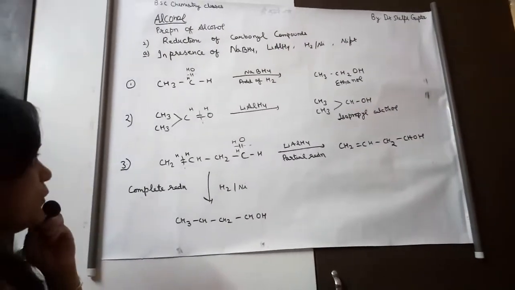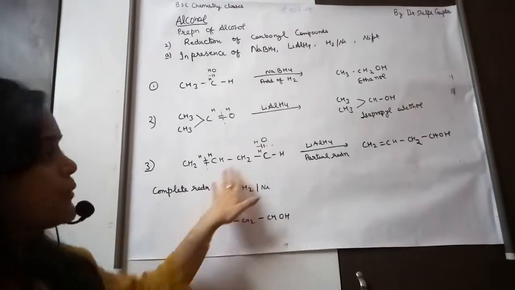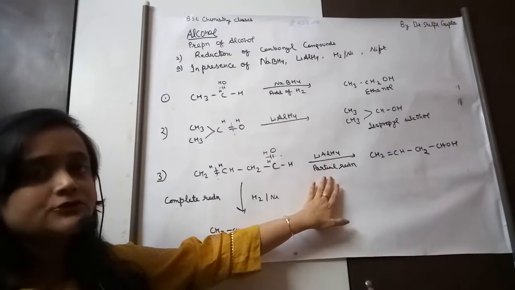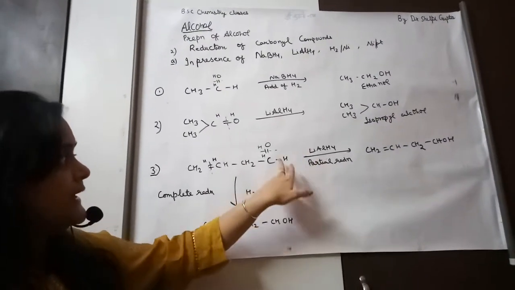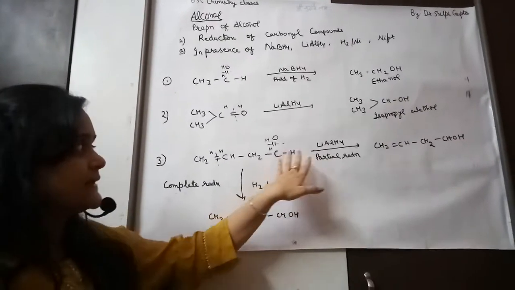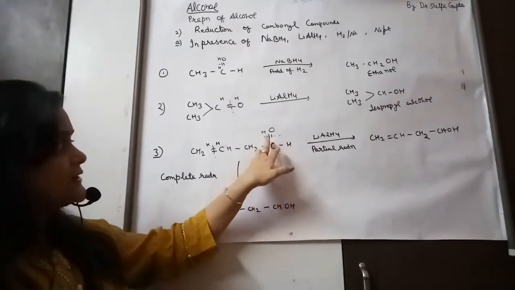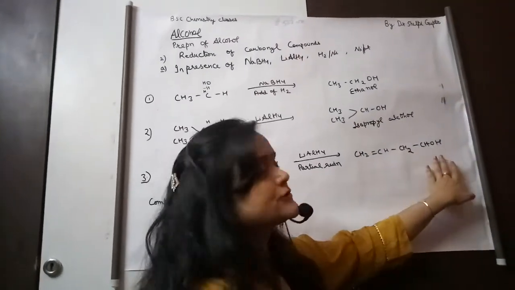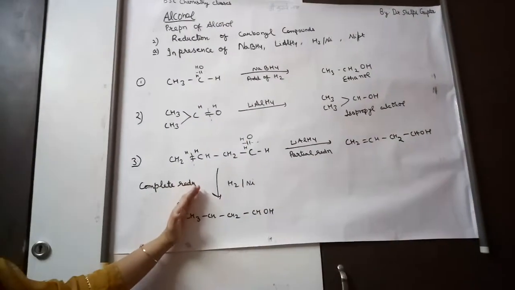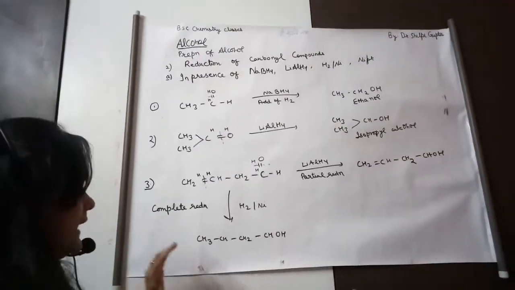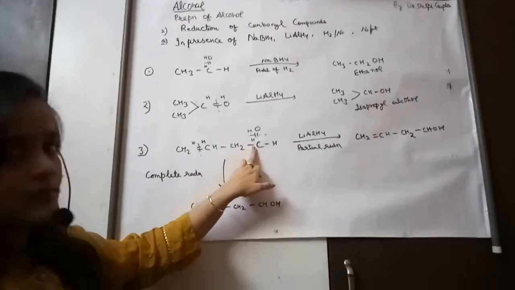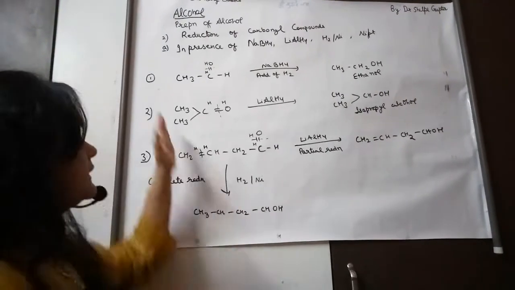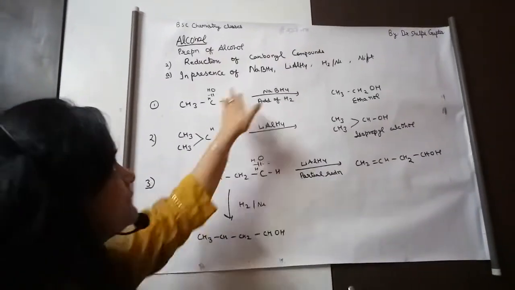So I explain again, when there is more than one double bond in a reaction, then in presence of lithium aluminium hydride, partial reduction will happen. It has the tendency to attack only the carbonyl group, and addition of hydrogen will happen. What is formed is CH2 double bond CH, single bond CH2, CHOH. In presence of this reagent, the complete reduction will happen. It will attack on both the double bonds, and what will form? CH3, CH2, CH2, CHOH. This is the reduction in presence of these reagents.